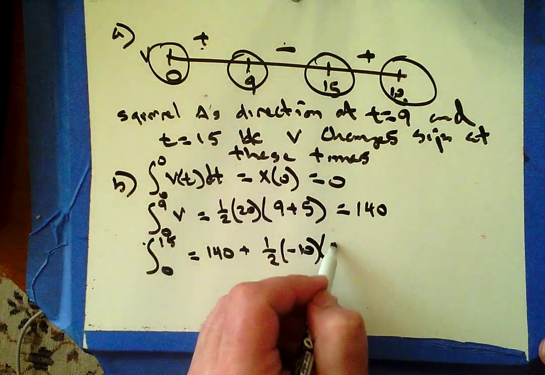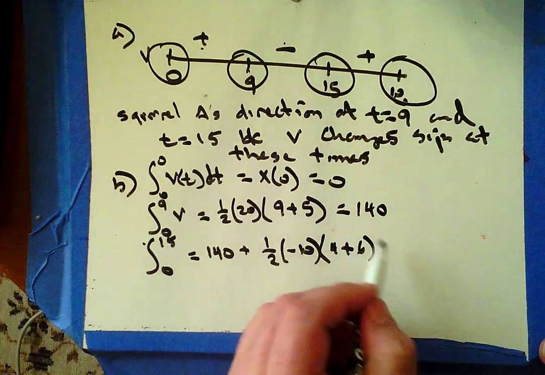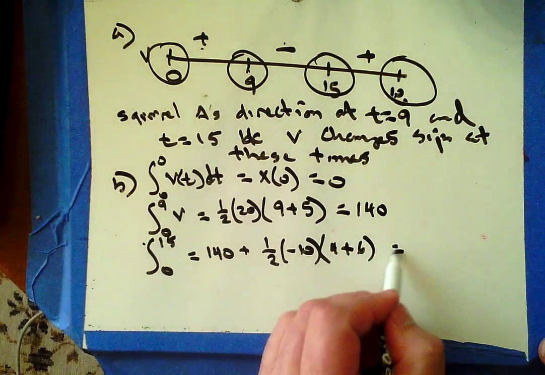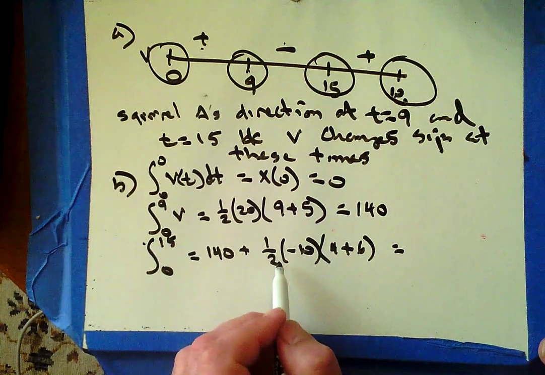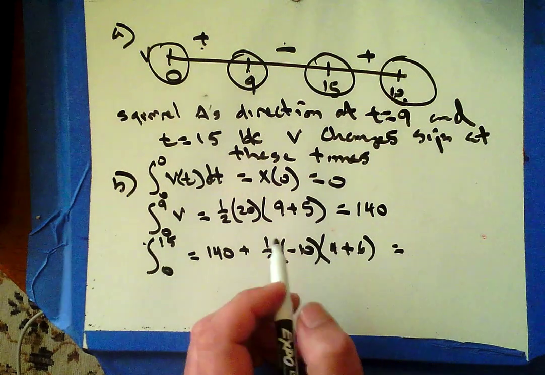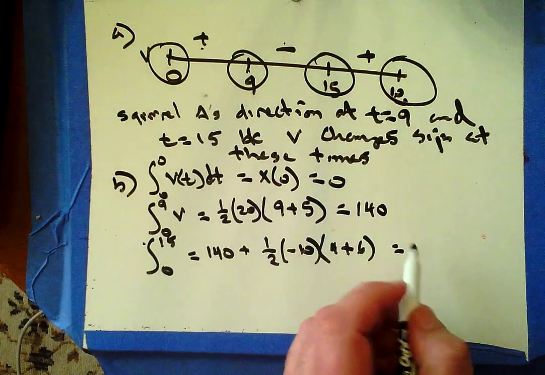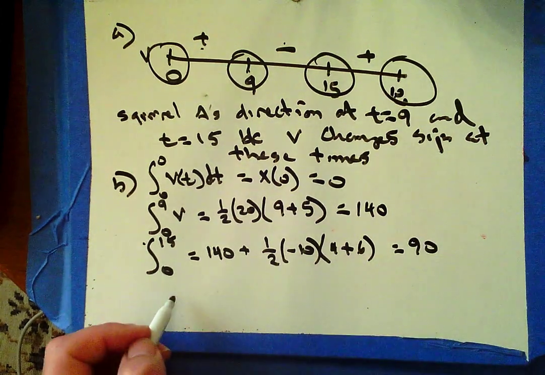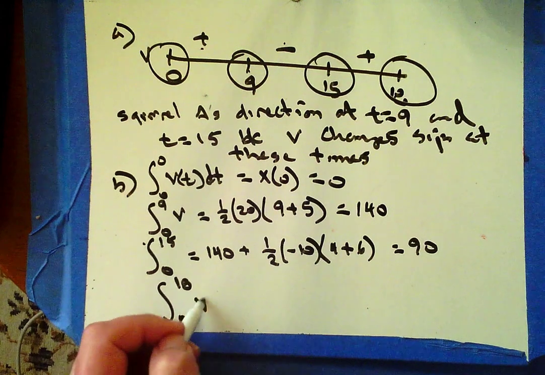And that's 4 plus 6. And so that's negative 50. Is that negative 50? Because we're below the x-axis. So that's 90. And the integral from 0 to 18 of v